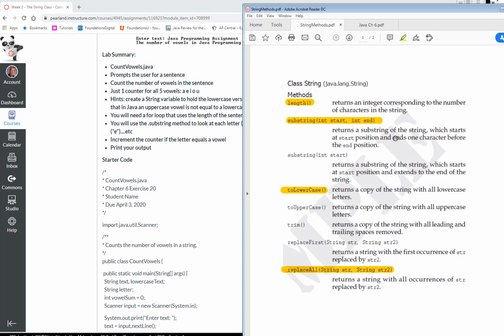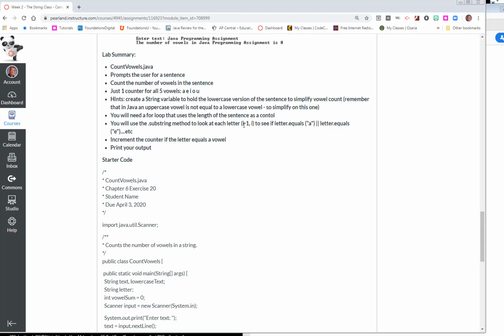But if you look at the definition, it ends one character before the end position. So if using a for loop, we need to do it just like I described: I minus 1, so I must start at 1, and comma I, so it doesn't look at the position after it. So this gives me the ability to look at a single letter and test it for A, E, I,